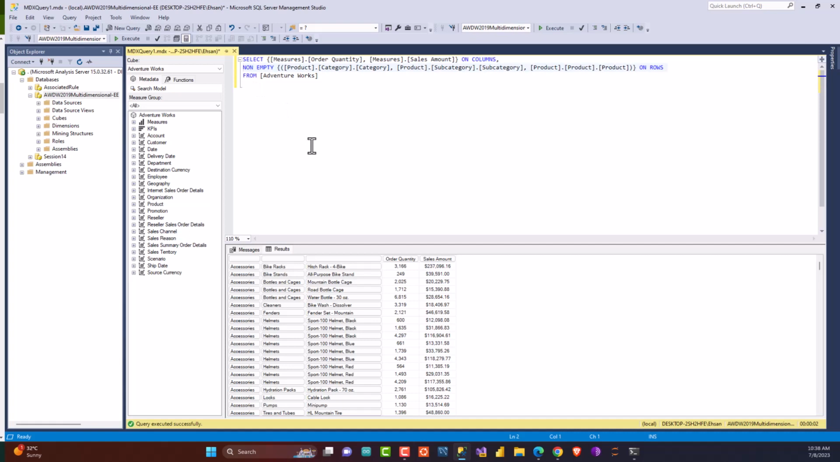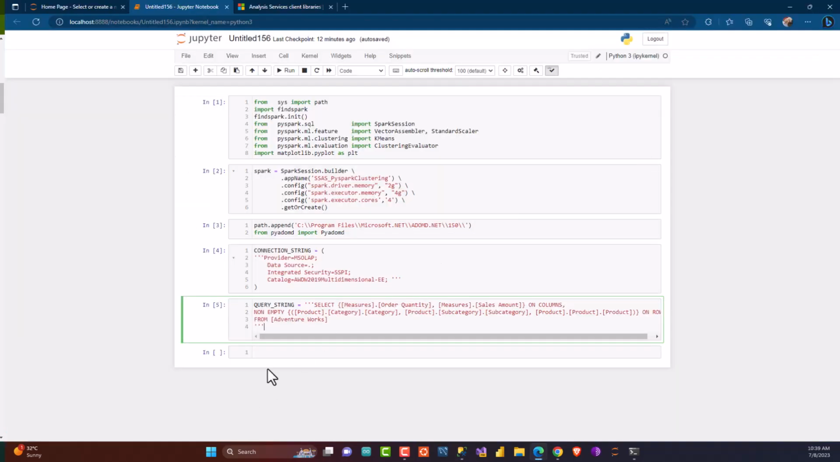non-empty products category and product subcategory and product name. This specifies the hierarchy to retrieve on the row axis. In this case, it's category, subcategory, and product hierarchies. And here, in this case, it works with the Adventure Works cube. Back to Jupyter,